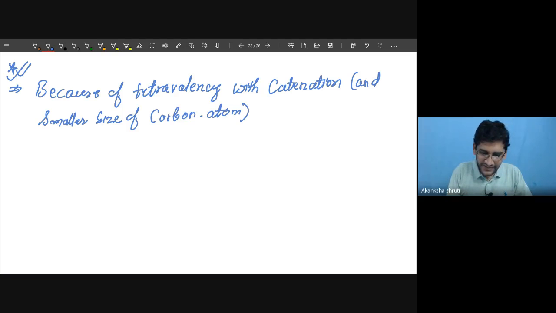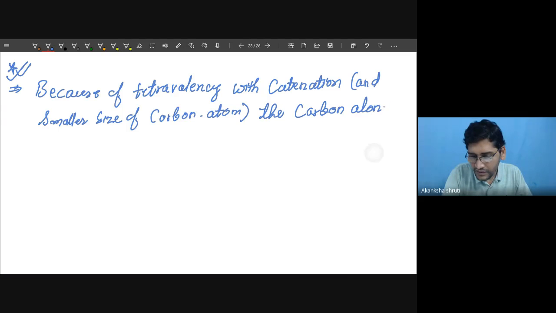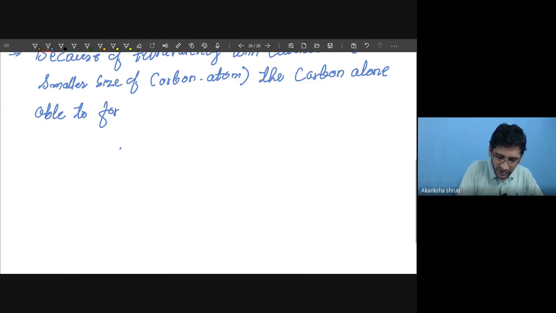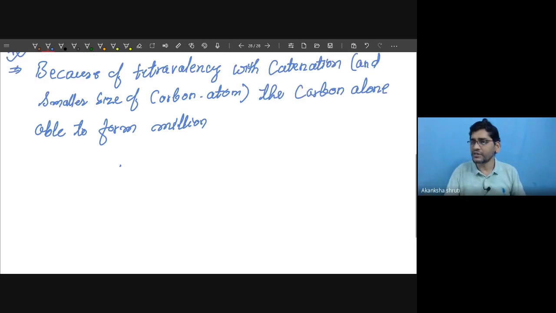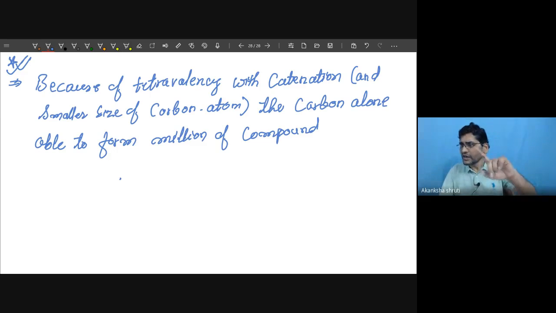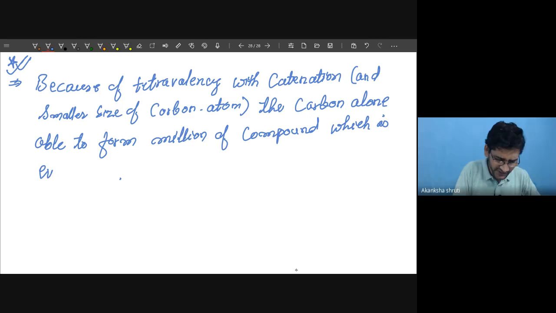So because of tetravalency with catenation, the carbon alone is able to form millions, even not millions, it can go into the billions of carbon compounds, which is even greater than